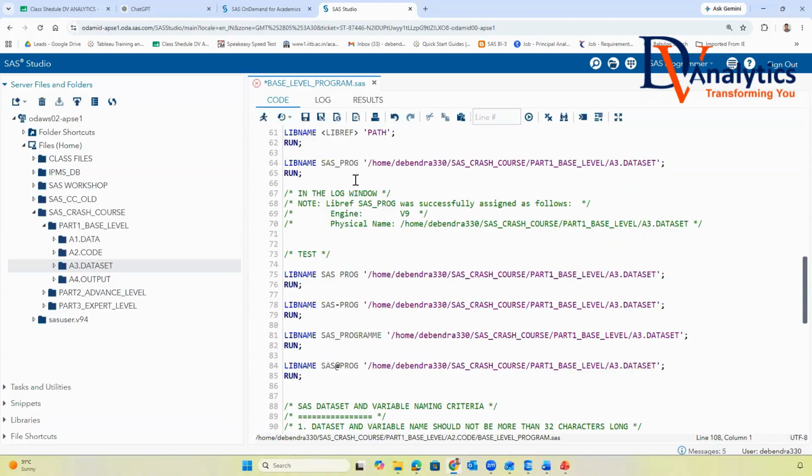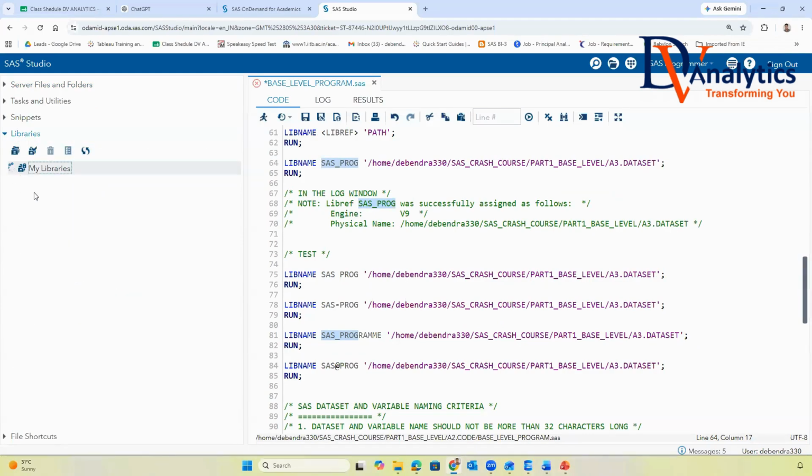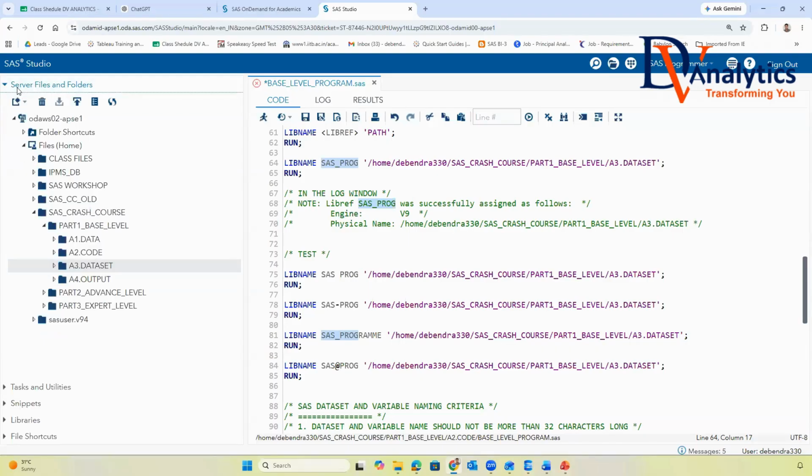It says SAS Prog, SAS underscore prog. And where will you see this? If you go to the libraries and expand the libraries below here, you see the SAS prog library has been created. But inside this, there is no data set because we haven't created any data set yet. So this is how we need to understand how to navigate after creating the library to see your data sets